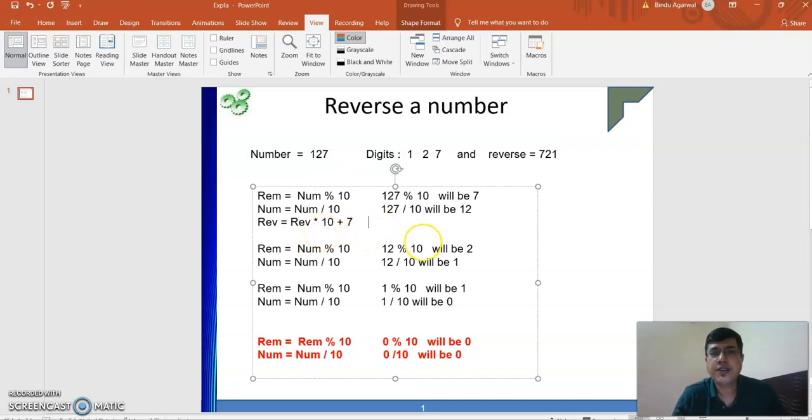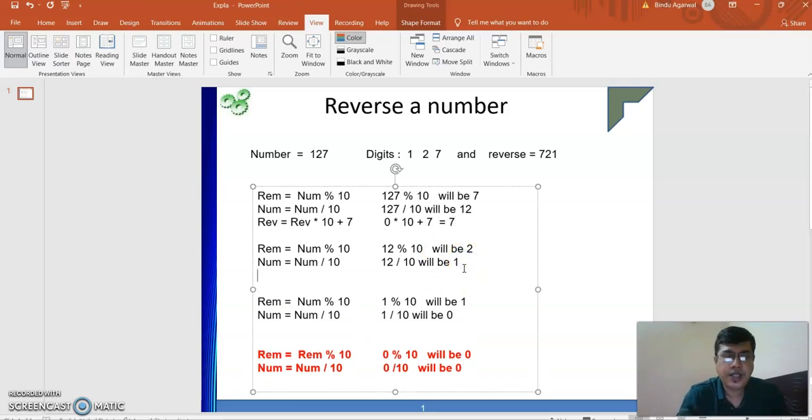So we have 0 multiplied by 10 plus 7, which is equal to 7. Correct? Next, again we write rev equal to rev multiplied by 10 plus 2.